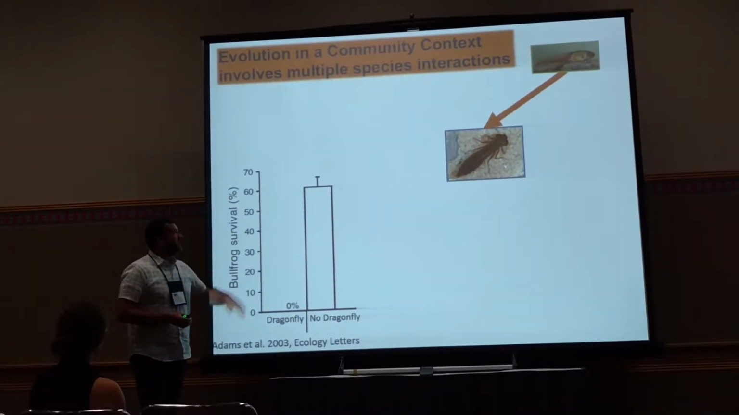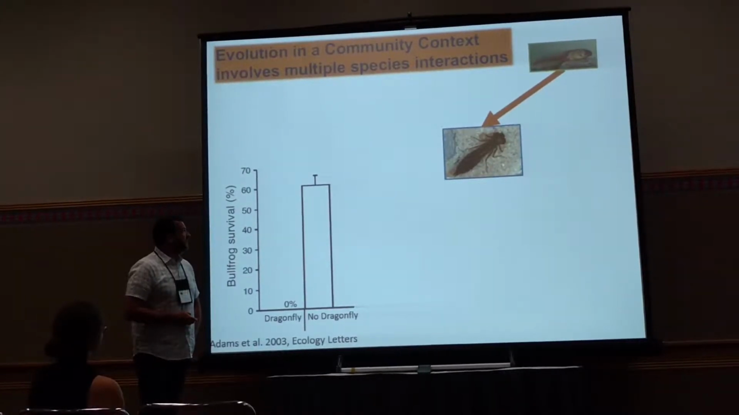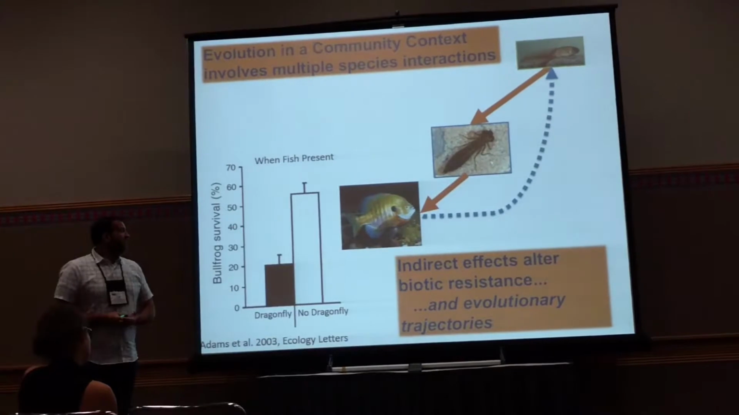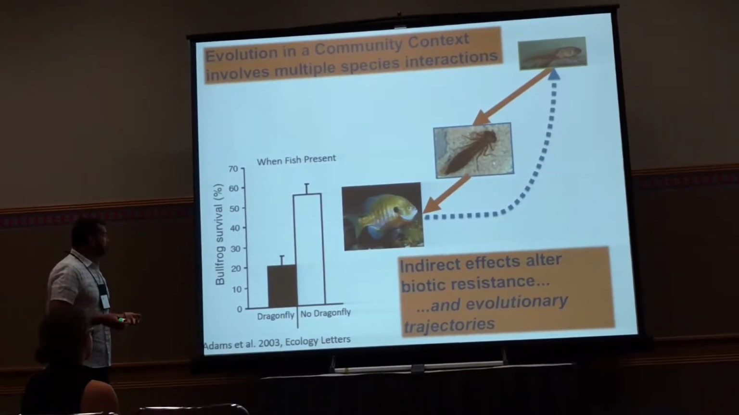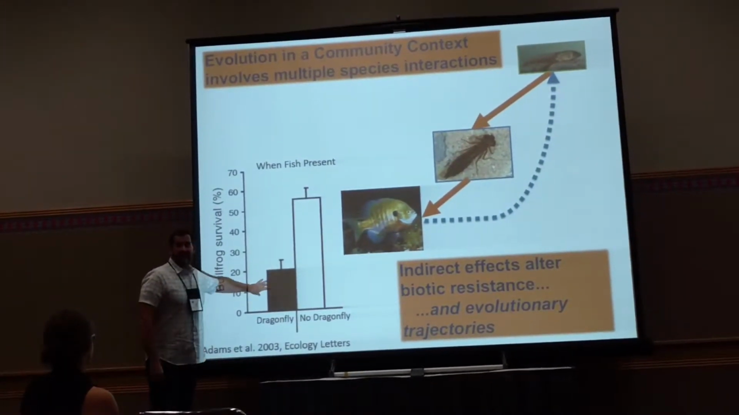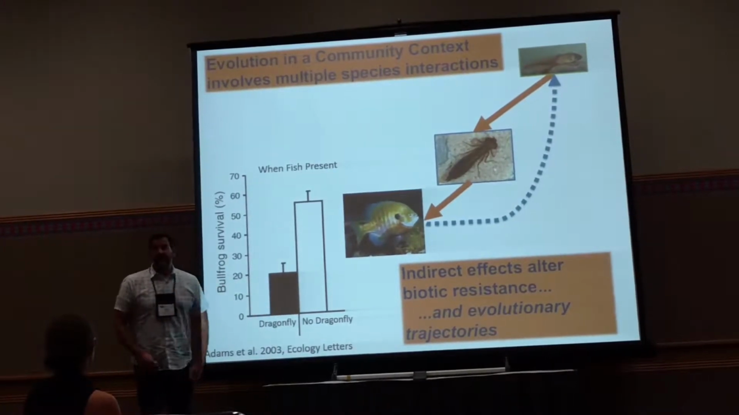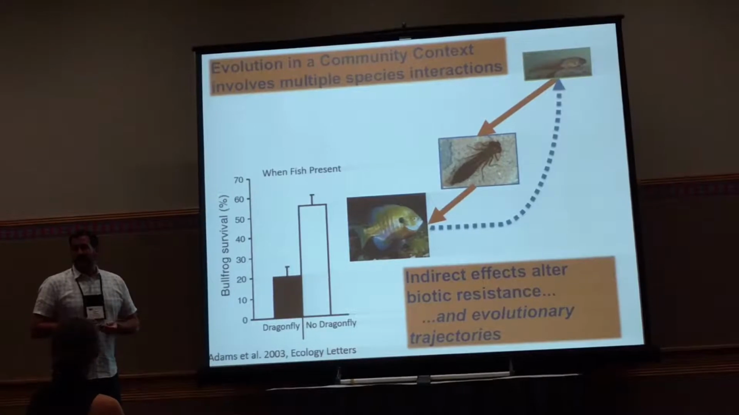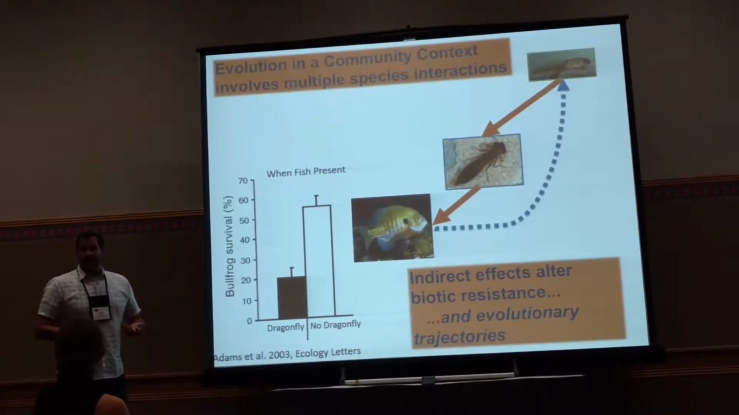So if we stick with the same example of the bullfrog and the dragonfly larvae, we see this result if just those two species are present. But if we add fish into that community, the resistance provided by dragonflies is significantly less. Now some of those bullfrogs do make it through. And so those indirect effects alter the effectiveness of that biotic resistance,